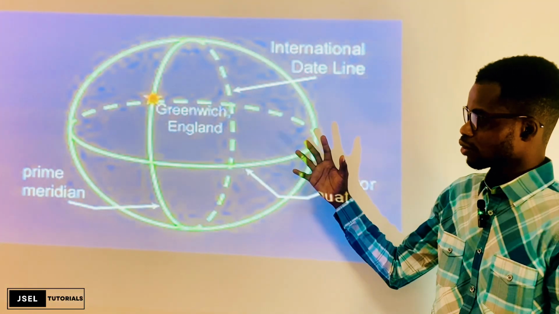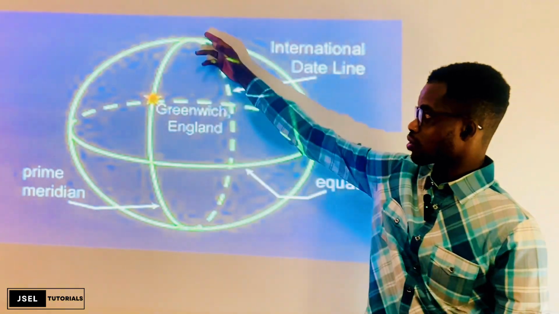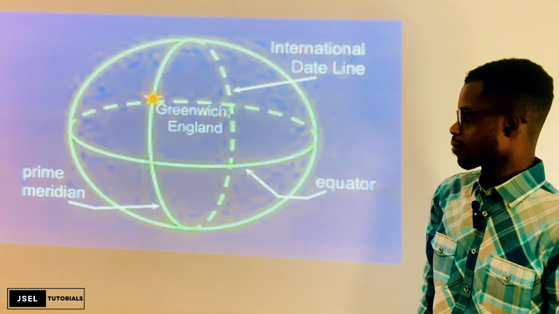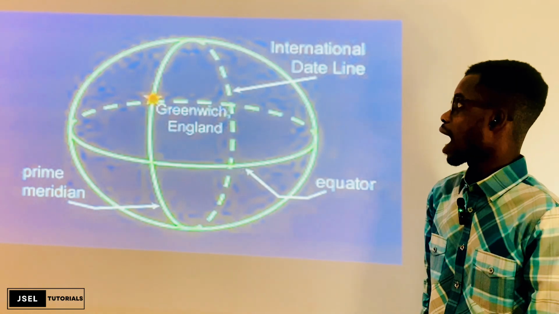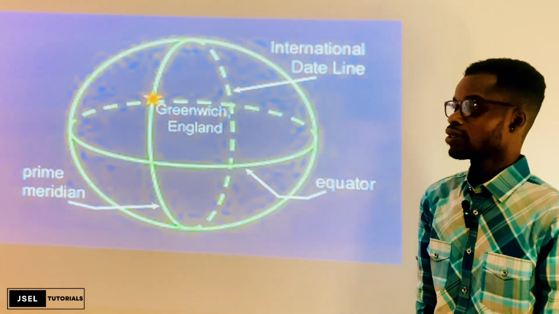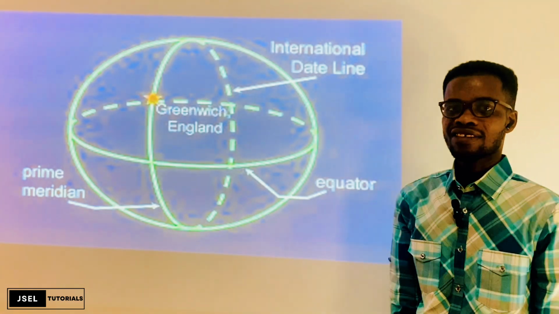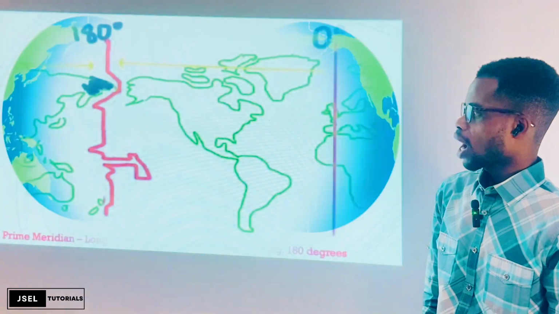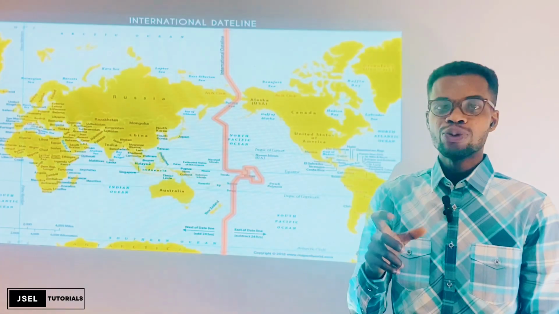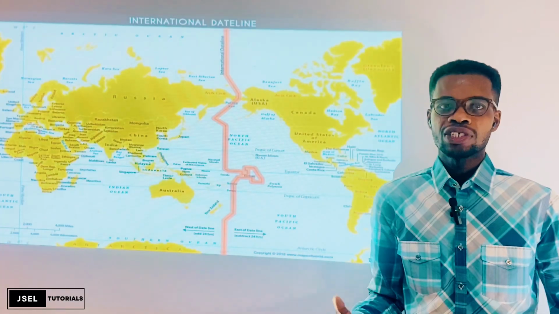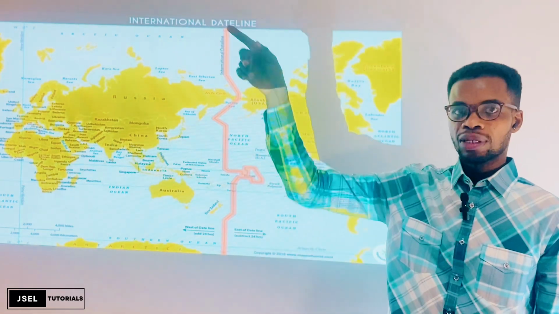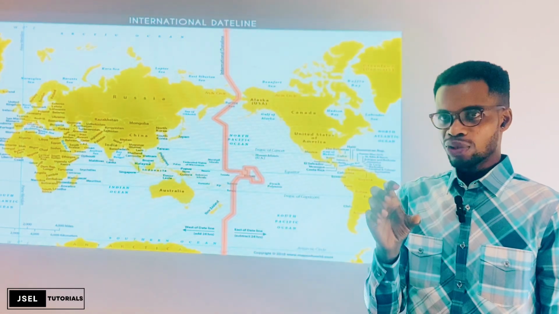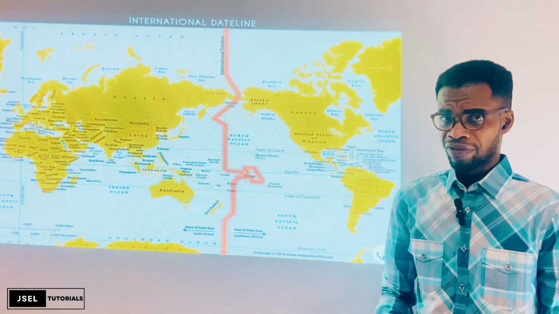So this is how it shows. So I was just telling you that it is directly opposite. So this line shows the prime meridian. You see the arrow, and the one behind it is showing the IDL, the international date line, on the other side. Now let me tell you quickly why it is not straight. You know that there are a lot of physical features that we call landmarks. If we draw this to be straight as the prime meridian, it is going to make time reading very inconvenient,